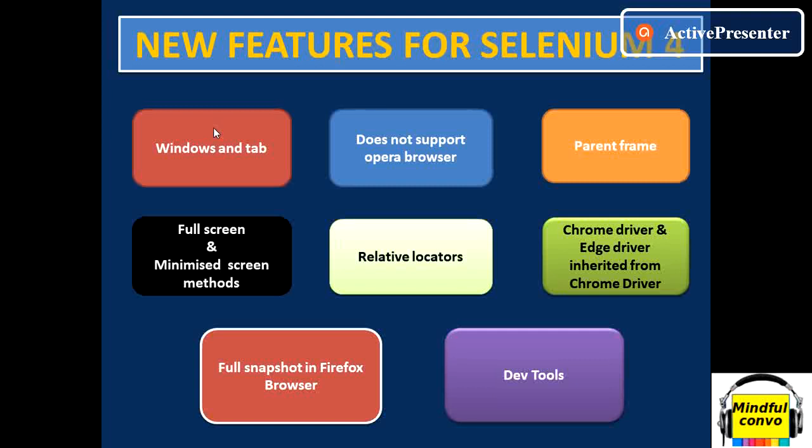So our first is, in Selenium 4, we can work on 2 different windows at one time. It provides us the new window method, which accepts a parameter that is used when we want to navigate to a new window or a new tab to perform actions or to navigate to a new page. Now our second is, it does not support the Opera browser, because the implementation of the WebDriver for